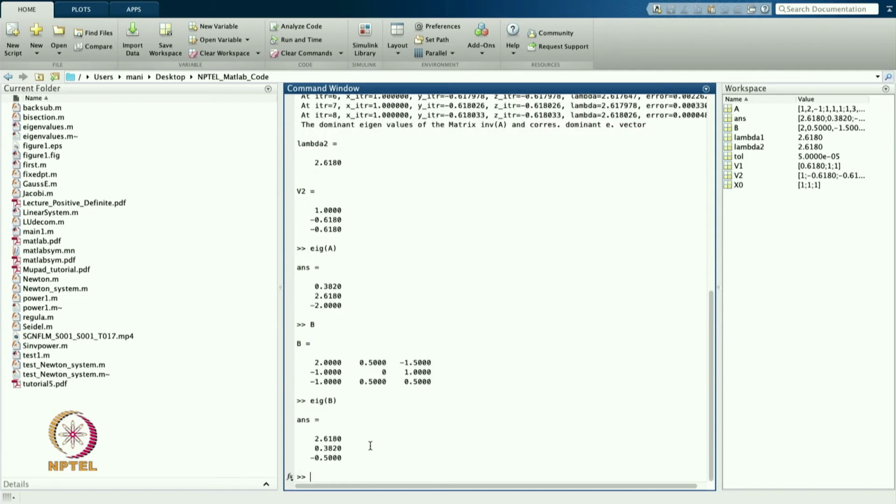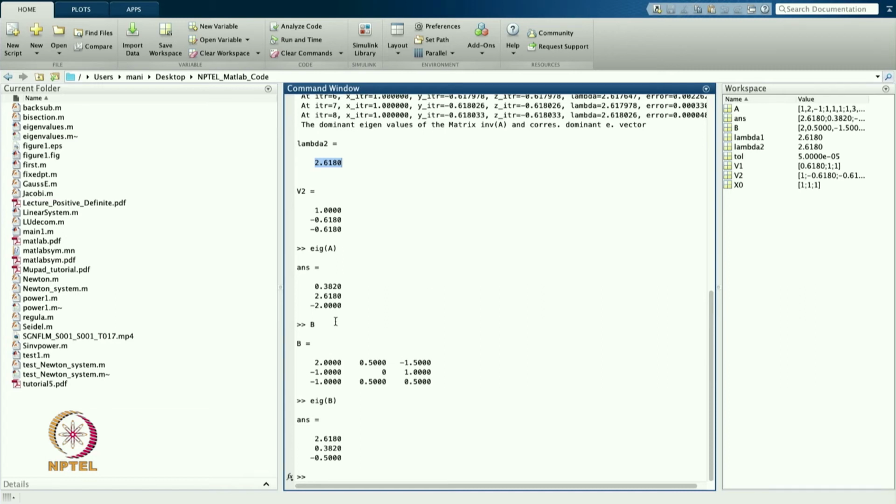So, you can see from here that the largest eigenvalue of B is the same. It is 2.61, it is 2.61, 0.3820, and the last two eigenvalues are the same, but the last one in this case is 2, and in this case is 0.5, 1 by 2. So, in this case it is giving me the exact value. This is the maximum eigenvalue we are getting, that is 2.6 in A also and 2.6 in B also. So, it is giving me a good result.